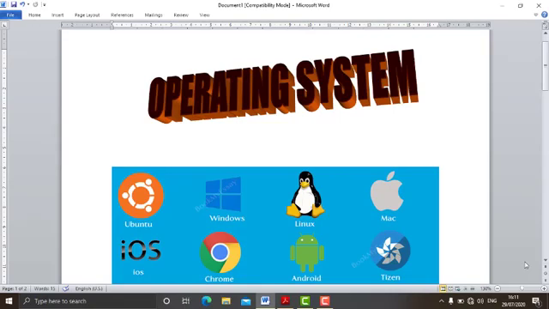So the very first thing which comes is memory management. It refers to the management of primary memory or main memory. That is how much memory will be used by an application and which part of memory is not in use.